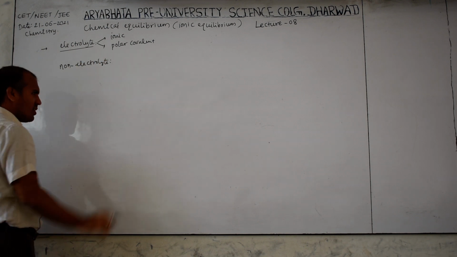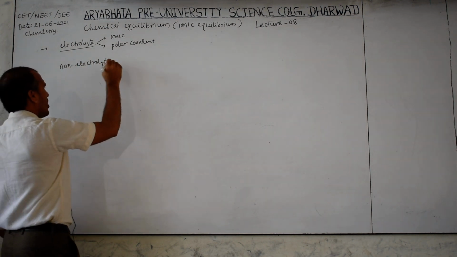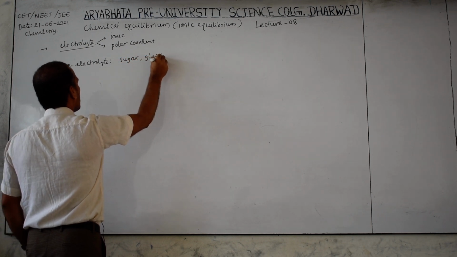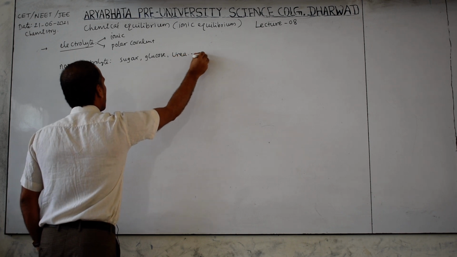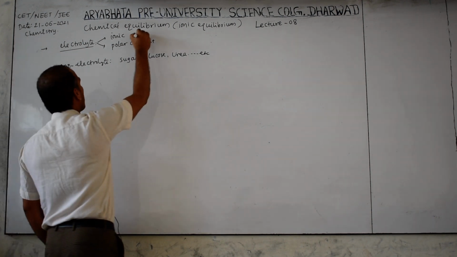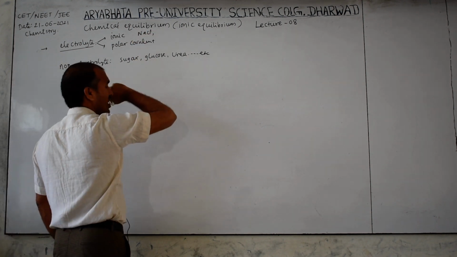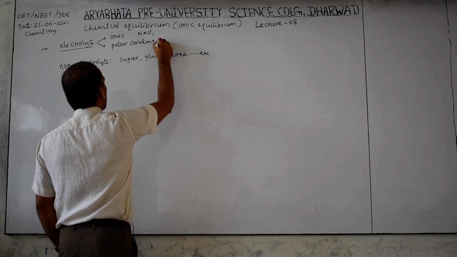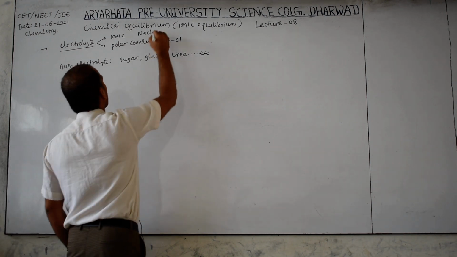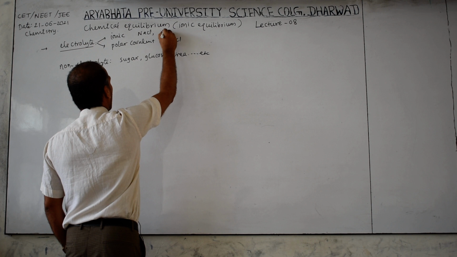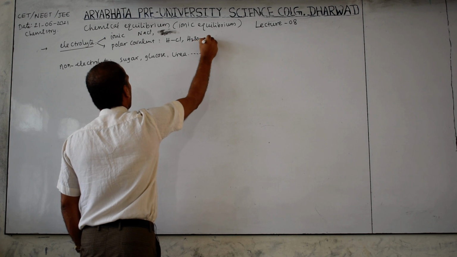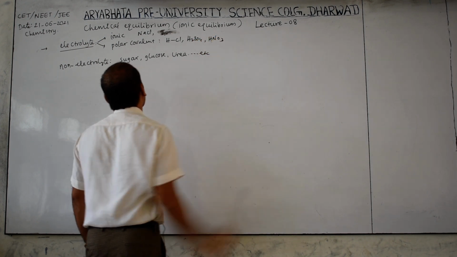Non-electrolytes, you may already have studied this in the electrochemistry chapter also. Examples of non-electrolytes are sugar, glucose, urea, etc. These do not ionize into cation and anion form. But for example NaCl, Na+ and Cl- ionize in aqueous solution, and HCl has a polar covalent bond, therefore it is also an electrolyte. H2SO4 and HNO3 are also polar covalent, so they form electrolytes.